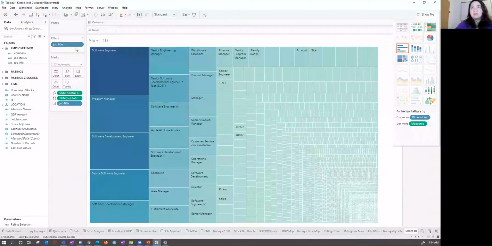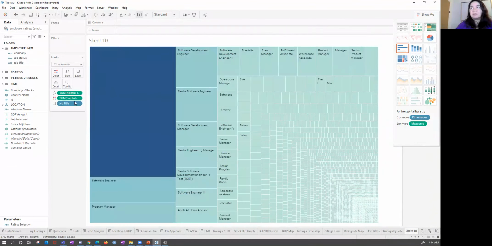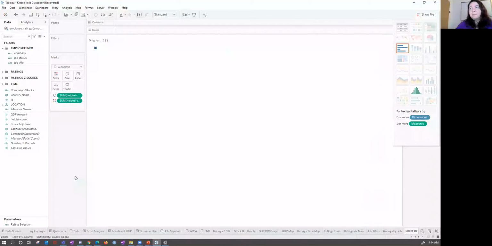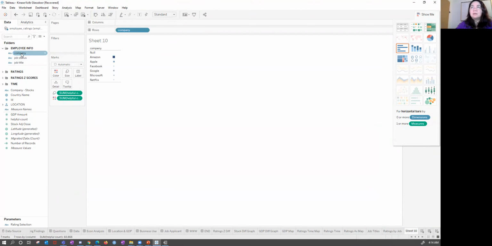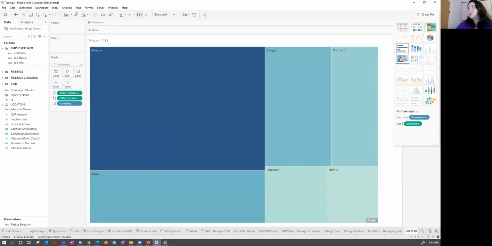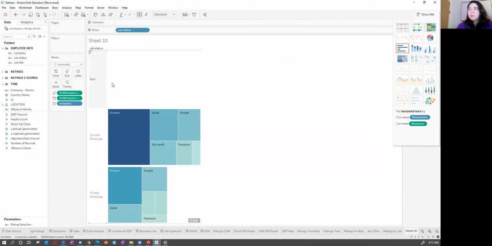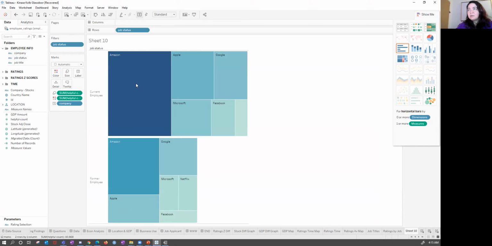Okay, I'm going to take job title off of this because it's going to get ridiculous. Go back to company, go back here, and let's say that we wanted to add in our second variable. And here again, let's exclude the nulls. So here they kind of put them side to side, and you can kind of see